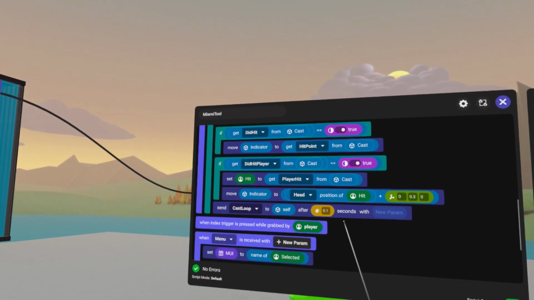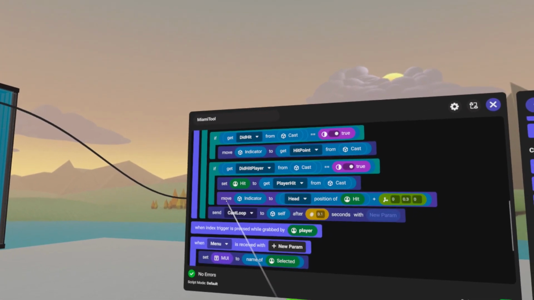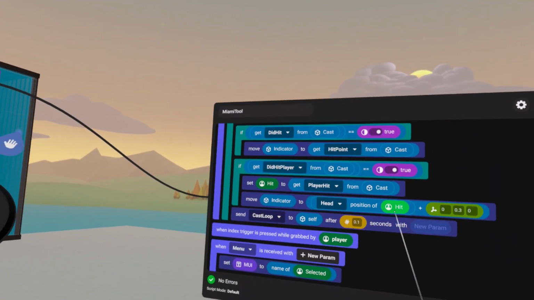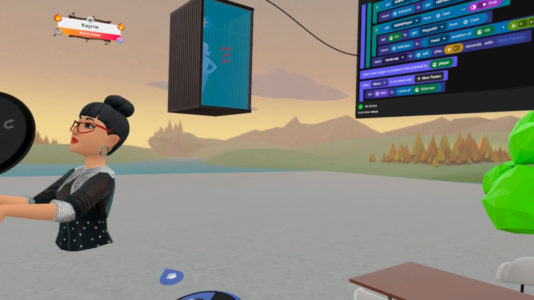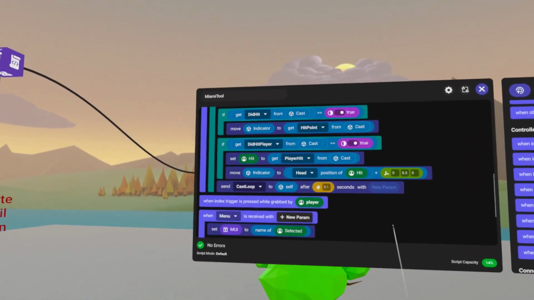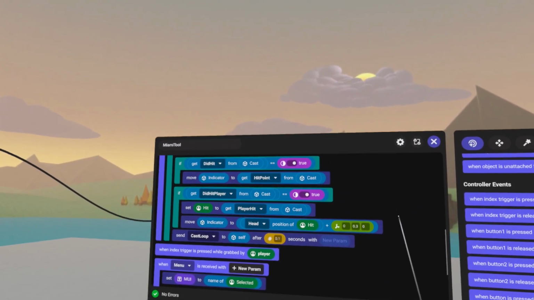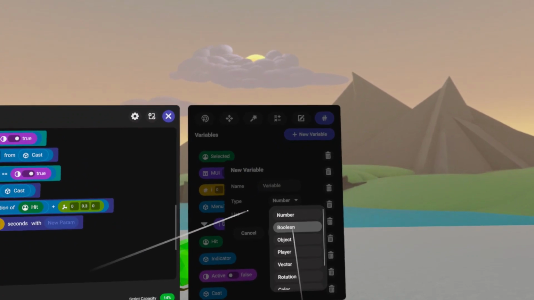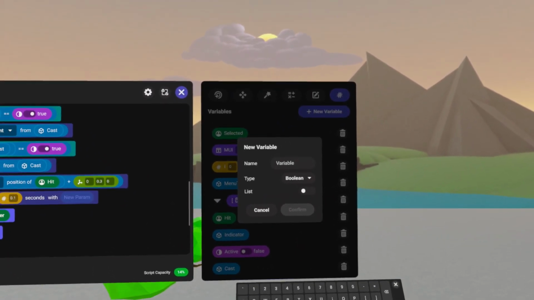But what we want to do basically is we want to say, while a player is currently being hit, we are going to create a boolean to denote if I'm actively pointing at a player right now. We're going to create a true or false statement if I'm actively pointing at a player. The way that we're going to do this is we're going to create a boolean type variable, and we're going to call this